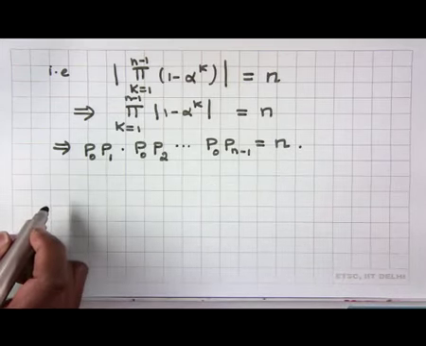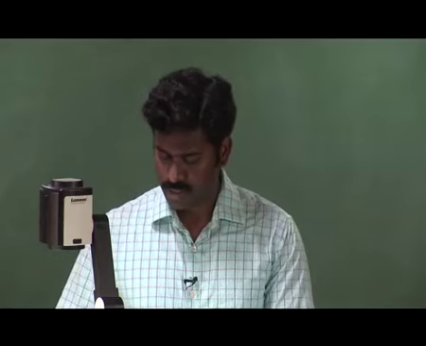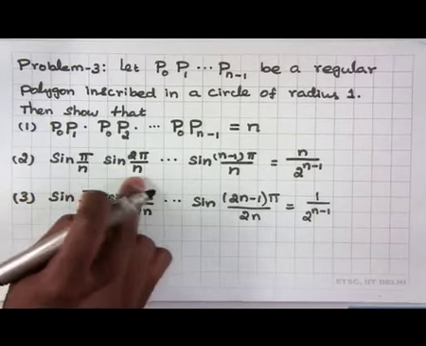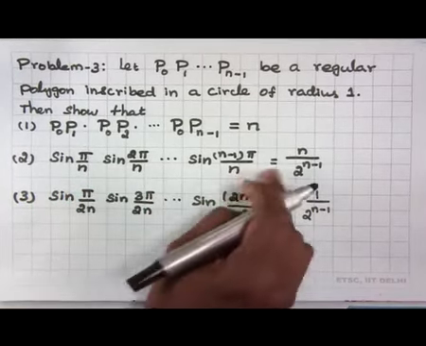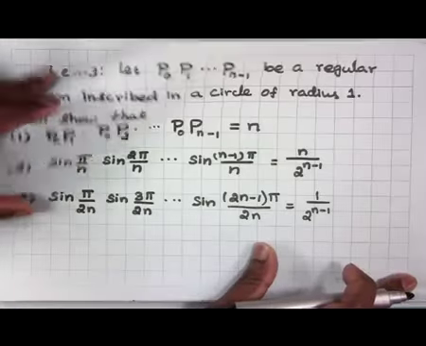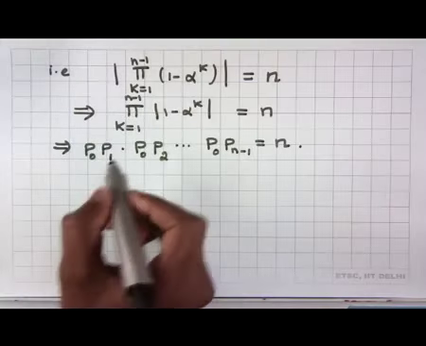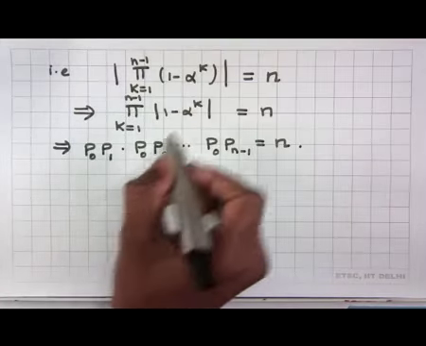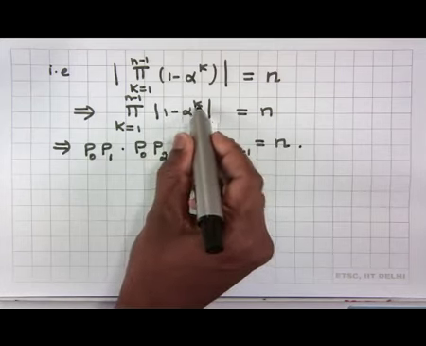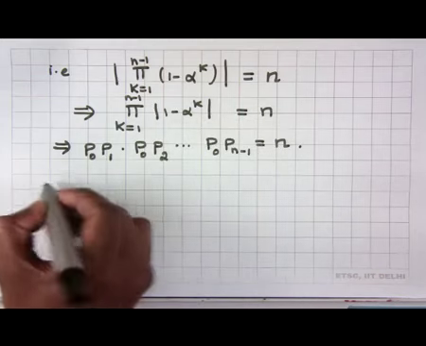Now, we would like to prove the second identity, which is sin pi by n, product with sin 2 pi by n, and so on. The product value is n by 2 power n minus 1. To prove this, we need to simply calculate what is the distance from 1 to alpha power k, which is exactly going to give us our sine terms. Let us calculate